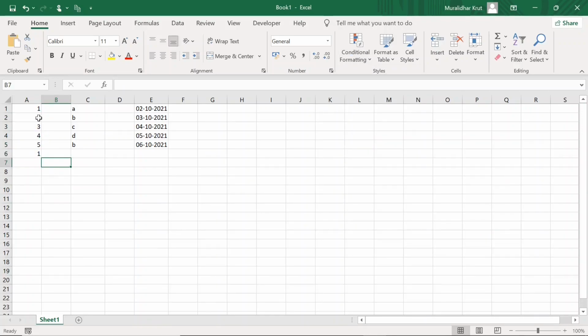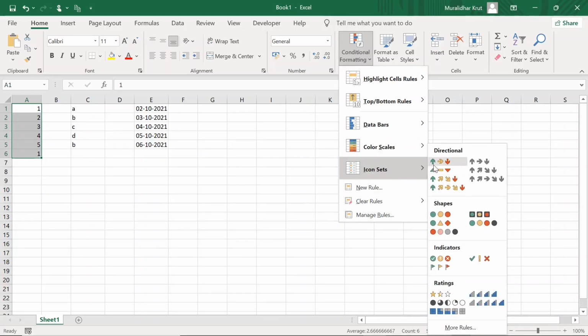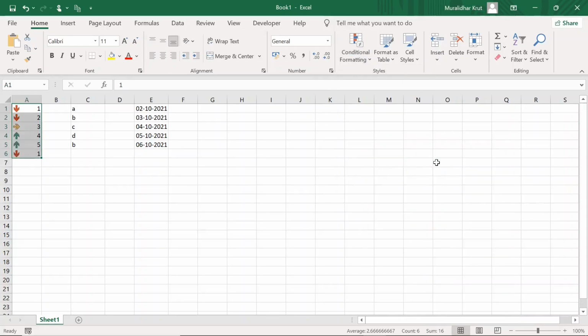Now we'll see conditional formatting icon sets. Select this data, go to conditional formatting, icon sets. If I select this, you can see 1 and 2 have a down arrow, 3 has a right arrow, 4 and 5 have an up arrow, and 1 again has a down arrow.